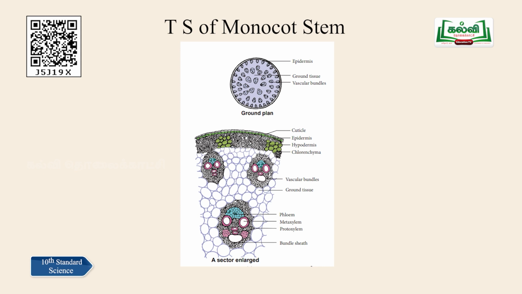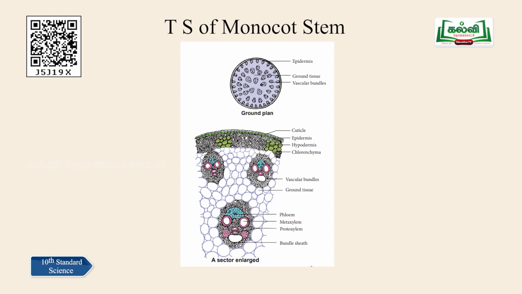see the hypodermis. The hypodermis, as in dicot stem, we do not have layers of cell. Here clusters of chlorenchyma cells are seen here and there, and it is followed by ground tissue. The ground tissue has vascular bundles scattered over it, embedded in it here and there. The bigger vascular bundle are seen towards the pith, and the smaller vascular bundle are seen towards the periphery. So, this is the ground plan and the entire structure of monocot stem maize, and the vascular bundle is covered